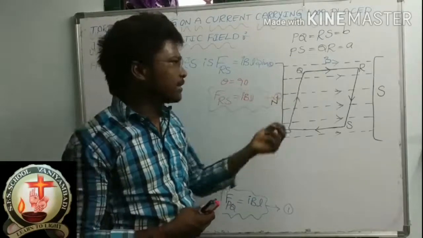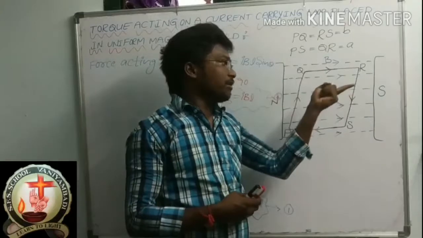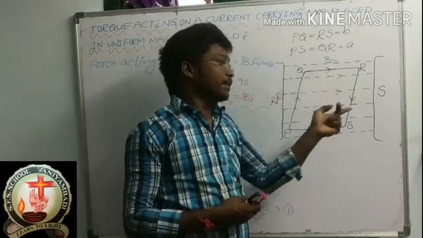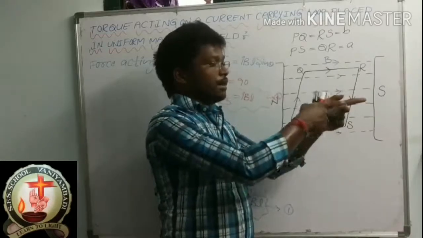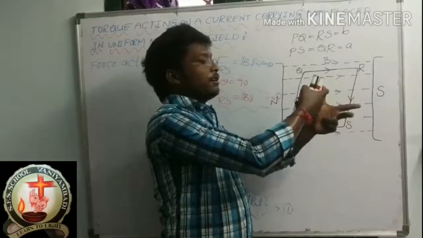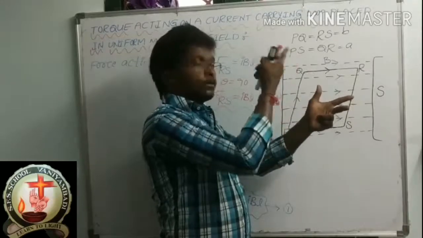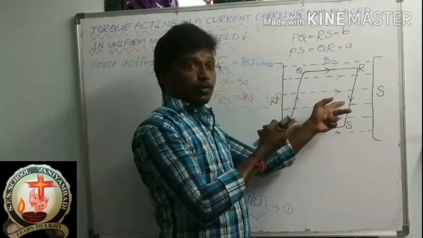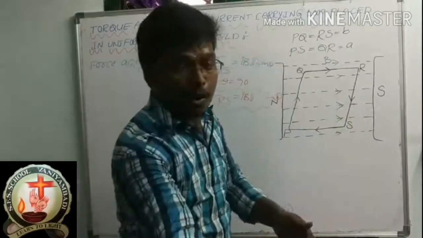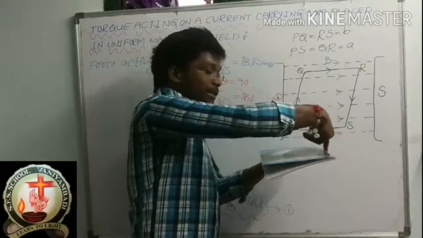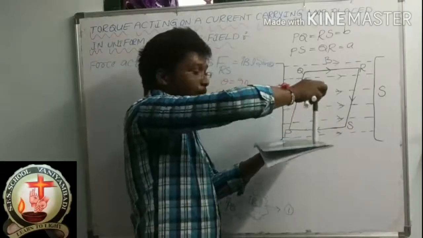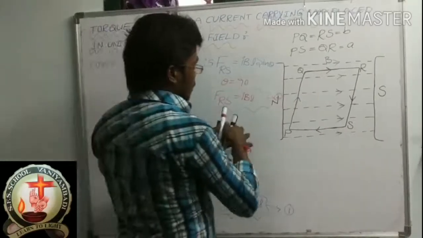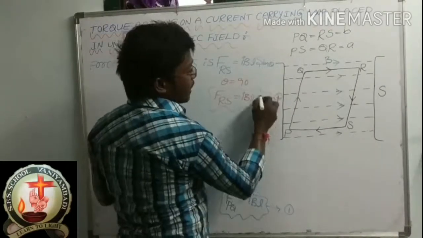Just you can place it. This is the direction of magnetic field. This finger will indicate the direction of current. What direction is current flowing here? This side. So this is the direction of current. This is the magnetic field. And what direction is it showing? Top. So what is the direction of force here? Top, upwards. Okay. So here the direction of force is upwards. So I am indicating here an arrow mark in the upward direction.